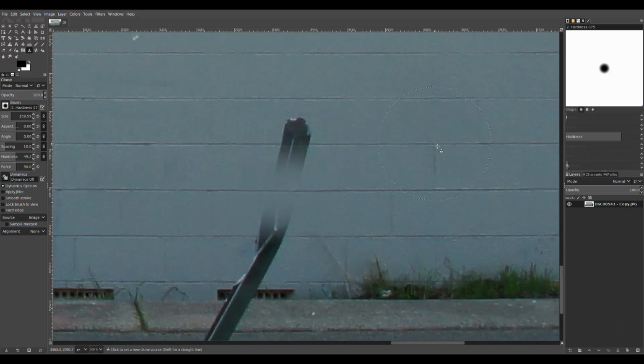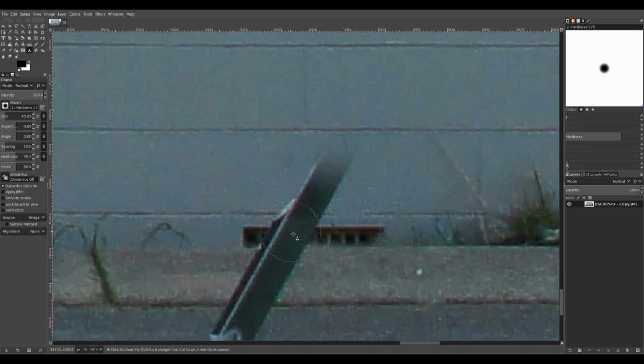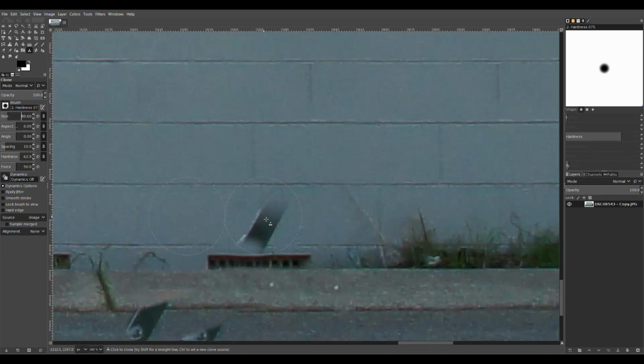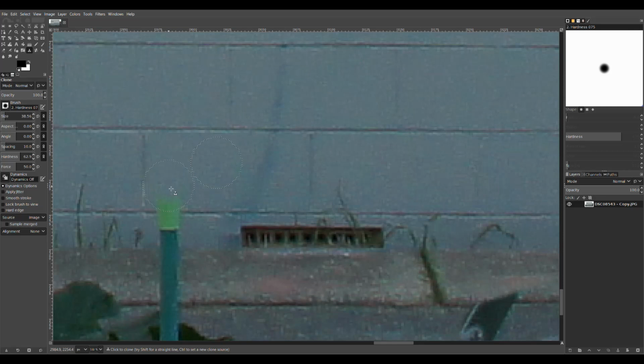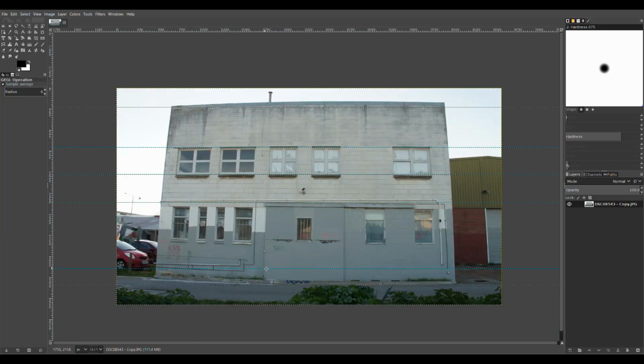I'm going to start with the clone stamp and just get rid of a few things that are in the way of the building. For the brick pattern, I'm using the intersections of bricks as the source point so that the pattern continues. So with that done, I'm going to drag some guides out along vertical or horizontal lines on